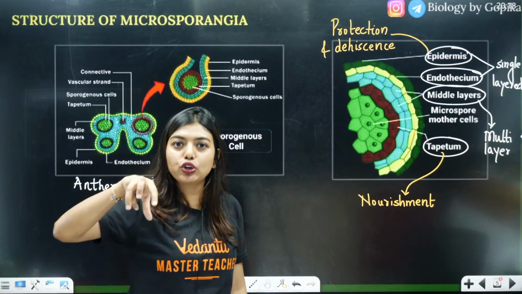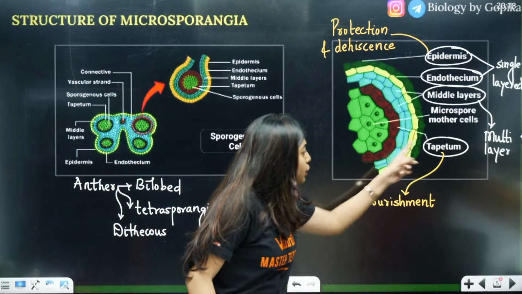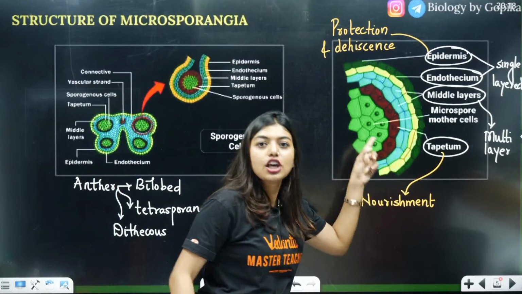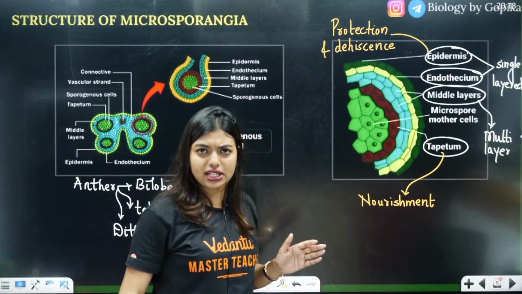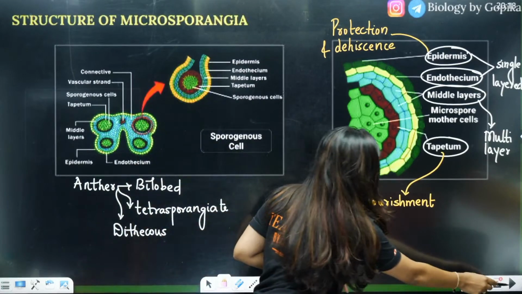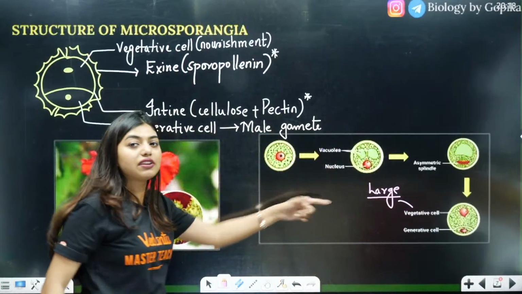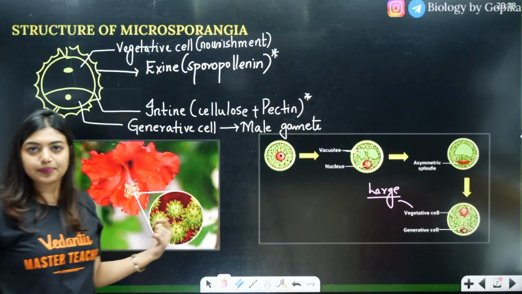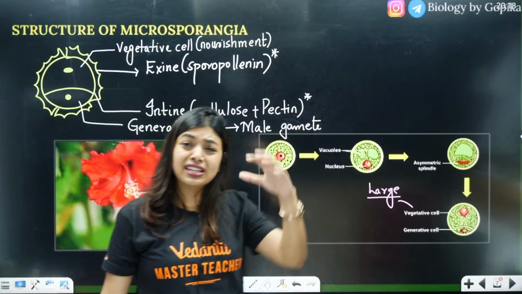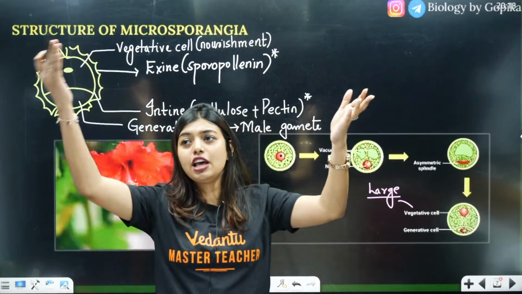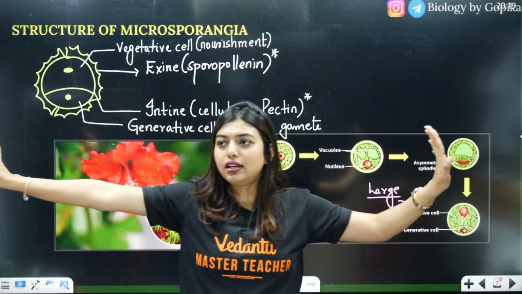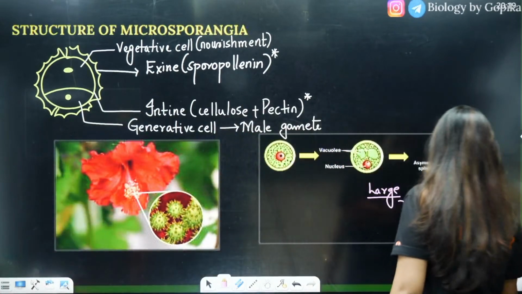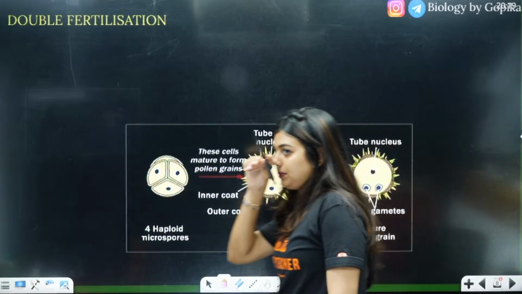Inside that, when you go, sporogenous tissue is there. Tapetum is going to provide nourishment for these tissues so that they can undergo division and do microsporogenesis, right? What is the vegetative cell doing? The vegetative cell is giving nourishment for the male gamete. Clear? One is forming the male gametophyte, one is giving nourishment to the male gamete. Two different things. Yes, Kush? Clear? Can I move forward?